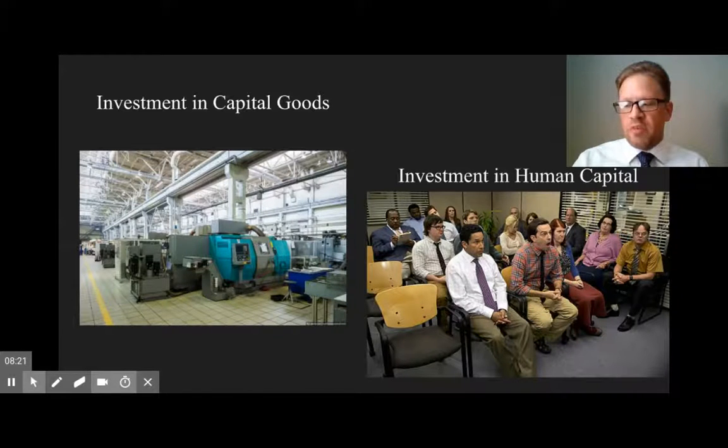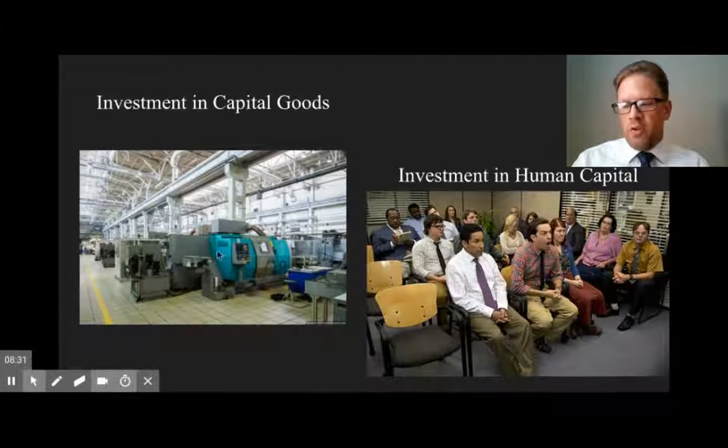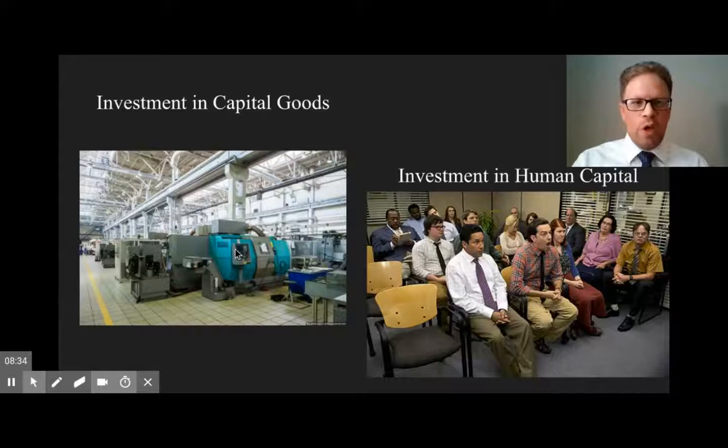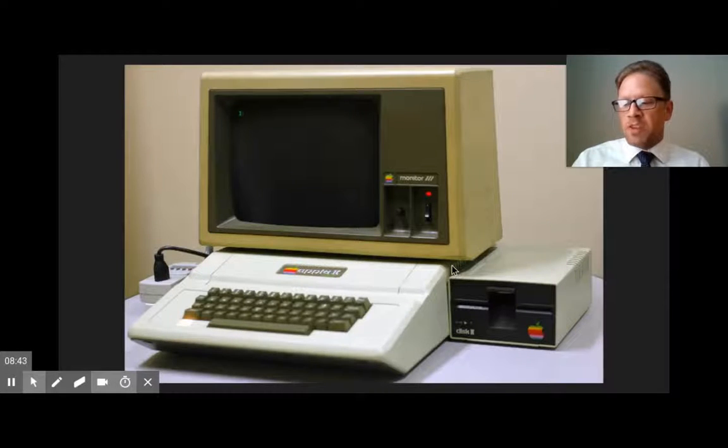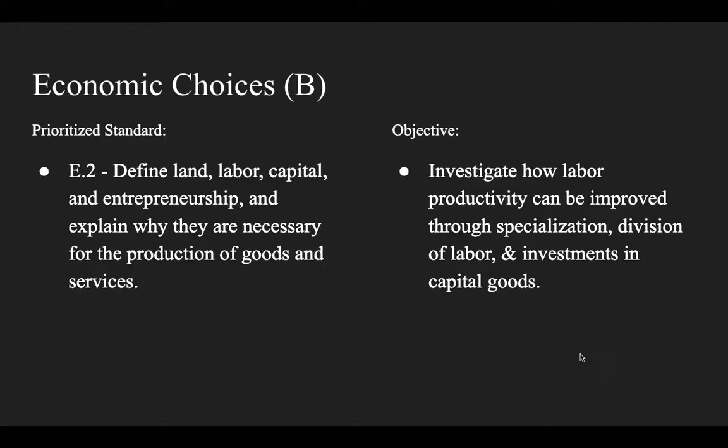Now, expected increases in productivity are not actually guaranteed. So you might expect to make more money as you get more education, but that's not always guaranteed. You might invest in new capital, and that new capital might quickly become obsolete. So just because you expect to increase productivity doesn't always translate to you do increase productivity. Government actions and policies play a role in productivity and can actually harm productivity if laws and regulations are in fact too restrictive. All right, this concludes Economic Choices Section B lecture.